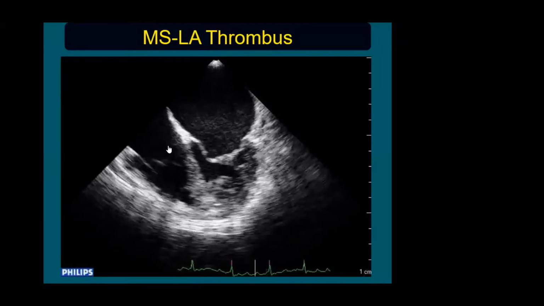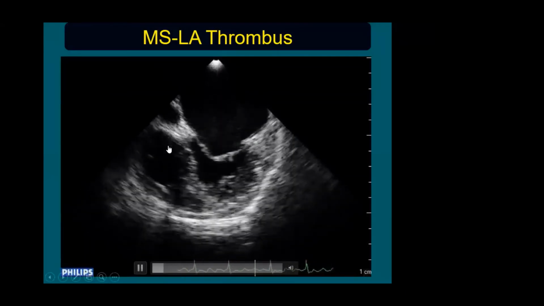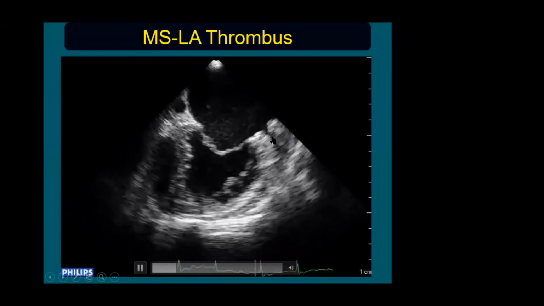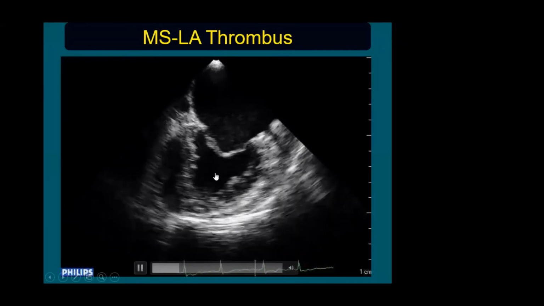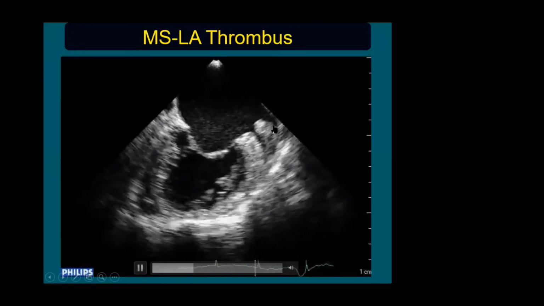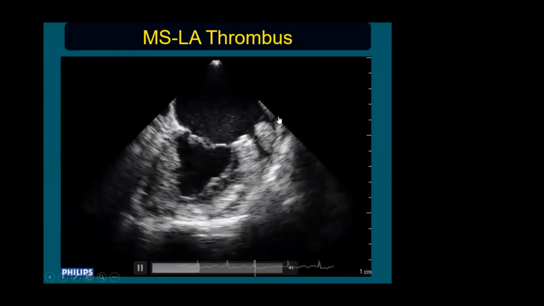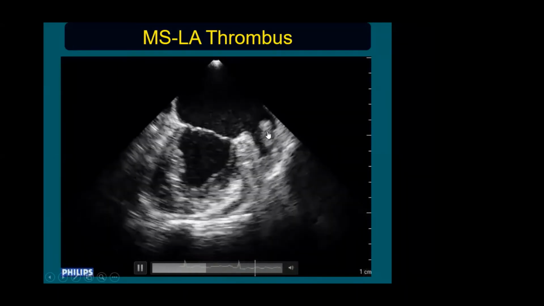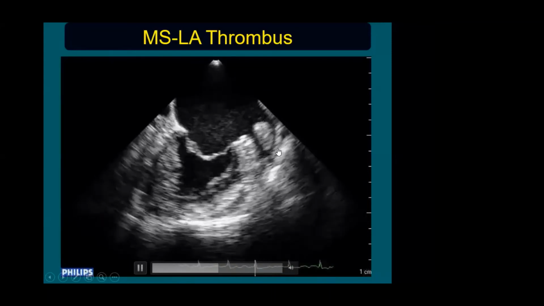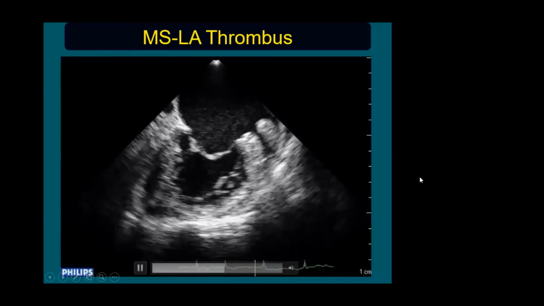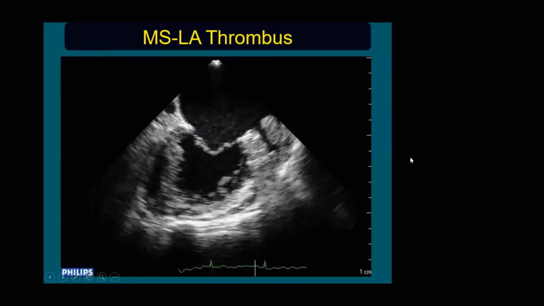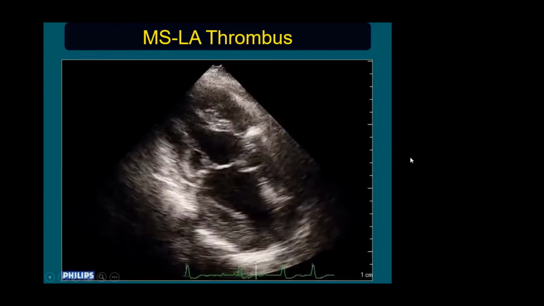A transesophageal echocardiogram is especially very useful in patients with rheumatic mitral stenosis. Here you can identify a small mass inside the left atrial appendage. So this is the left atrium and the left ventricle. This is the left atrial appendage thrombus in a patient with rheumatic mitral stenosis. Most often, 75 to 80% of the times, we can identify the thrombus by transthoracic echocardiogram itself. In about 15 to 20% of the patients, we need a transesophageal echocardiogram, especially to diagnose a thrombus present inside the left atrial appendage.